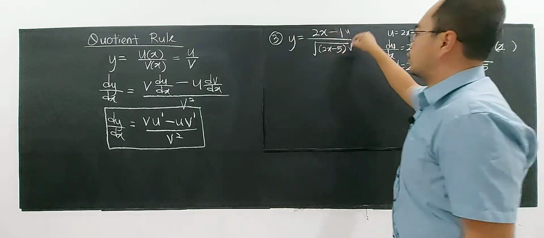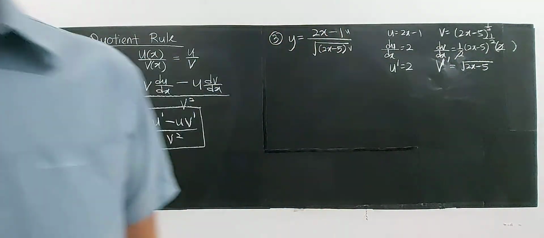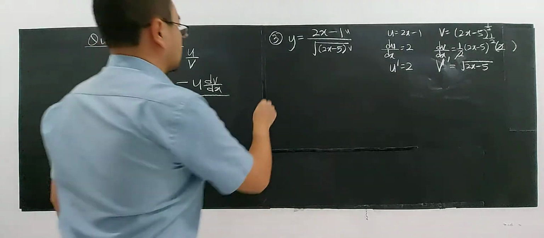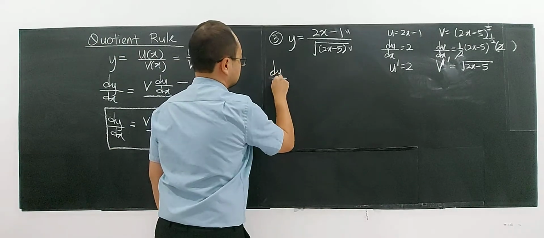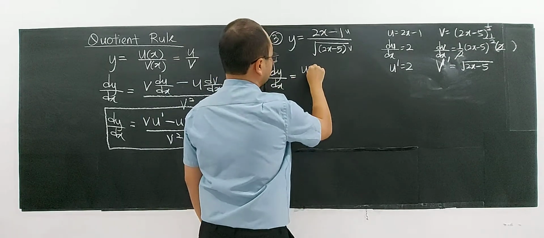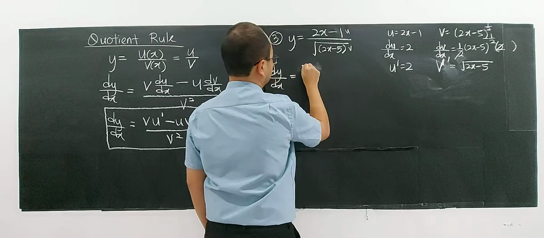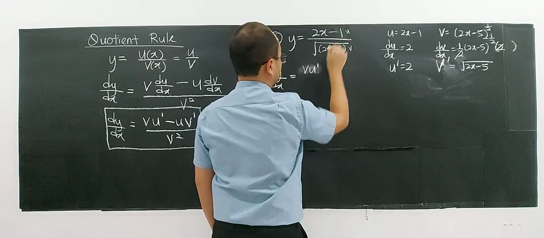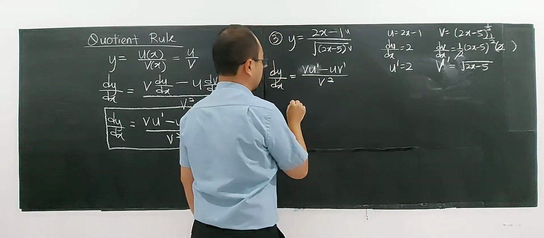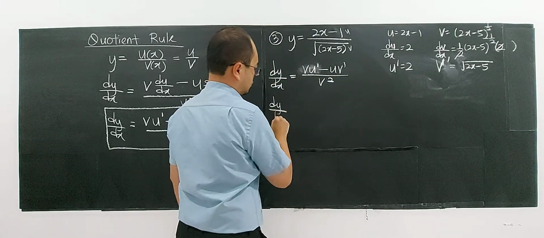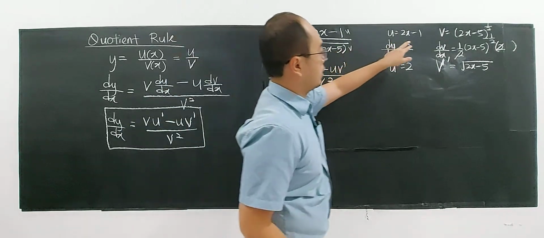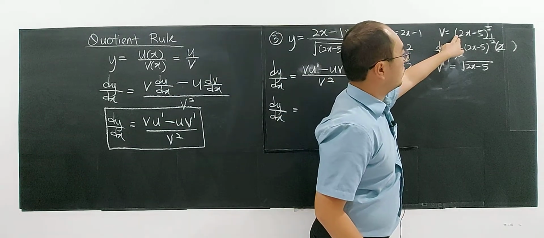So now I'm going to apply the quotient rule to this function here. So if you have dy/dx, the formula will be v u prime minus u v prime over v to the power of 2. So dy/dx, right? So your v will be,